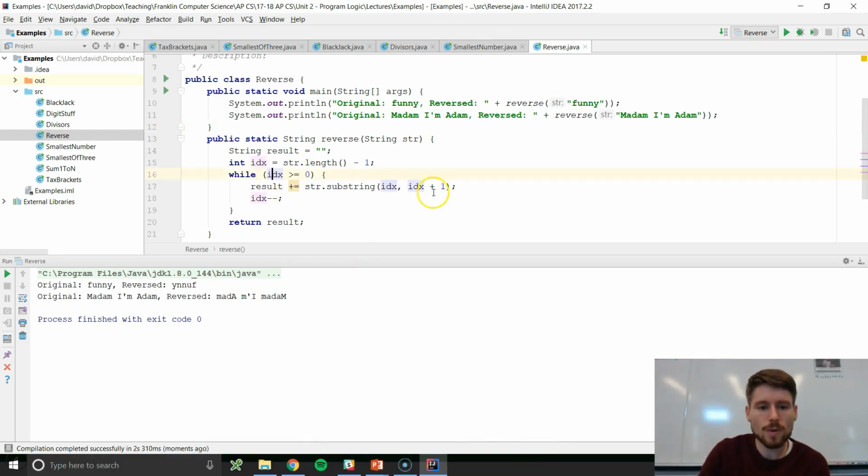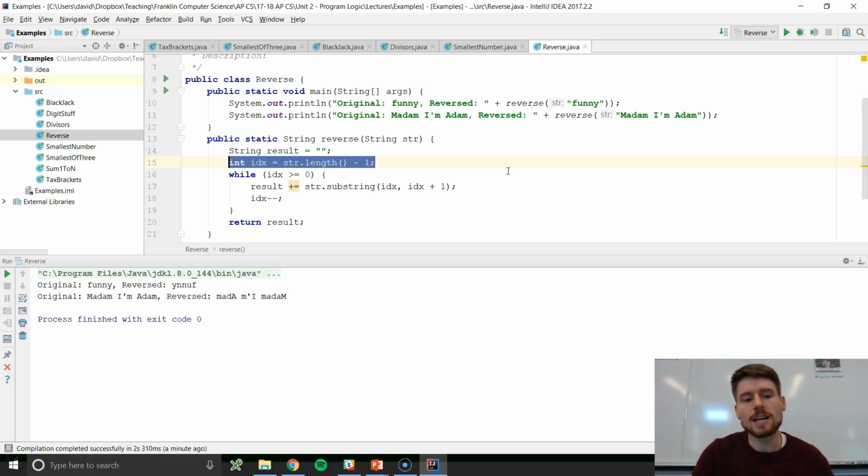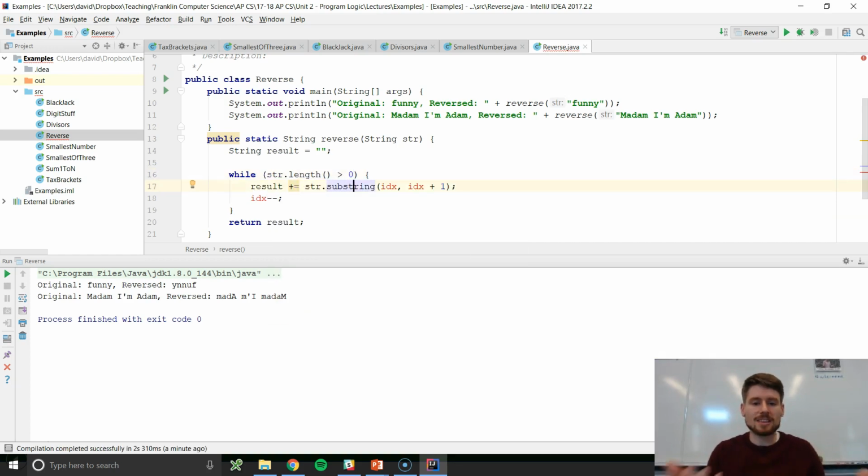Okay, so another way we could have done this too, here's another strategy for doing this that doesn't use the index as a counter. Instead, it just glues the last letter of stir and then takes the substring of stir and just throws away the last letter. So let's look at that other implementation of how you could do this. So result equals, we'll start off with our empty string. We're going to say while stir.length is greater than 0. So while there's letters left in the string, stir, we're going to glue the last letter, which is